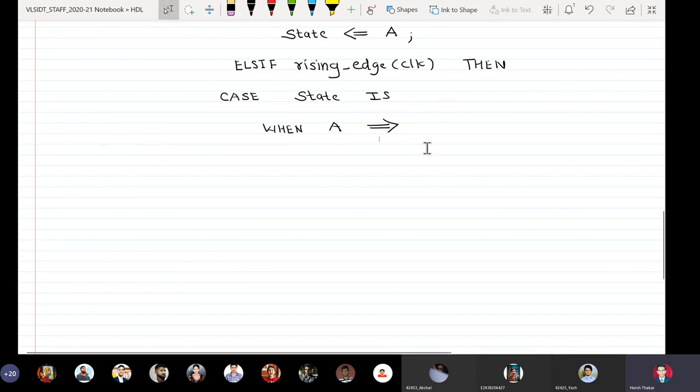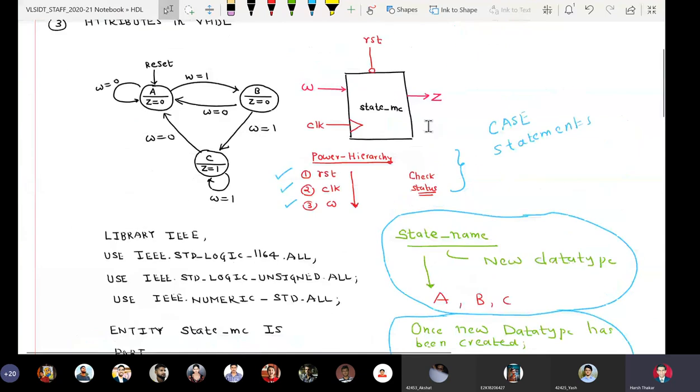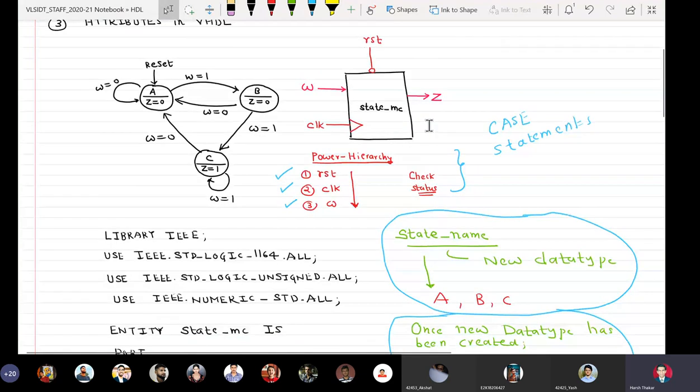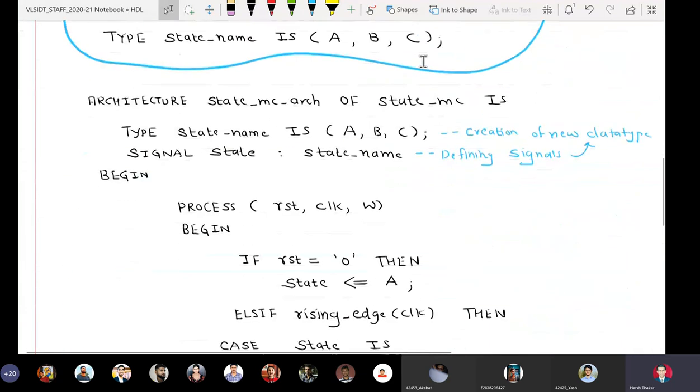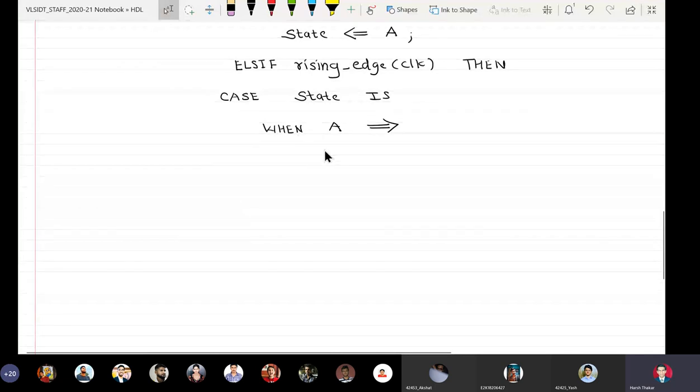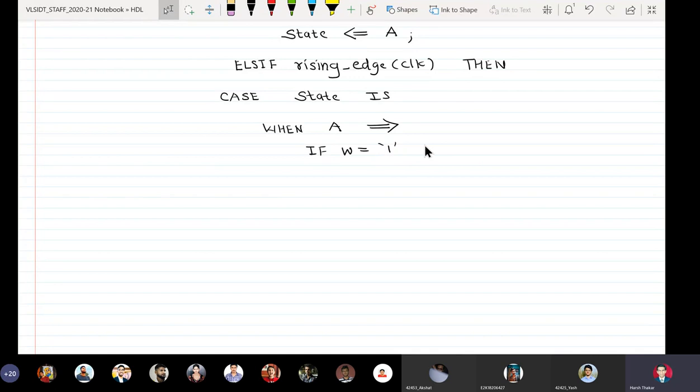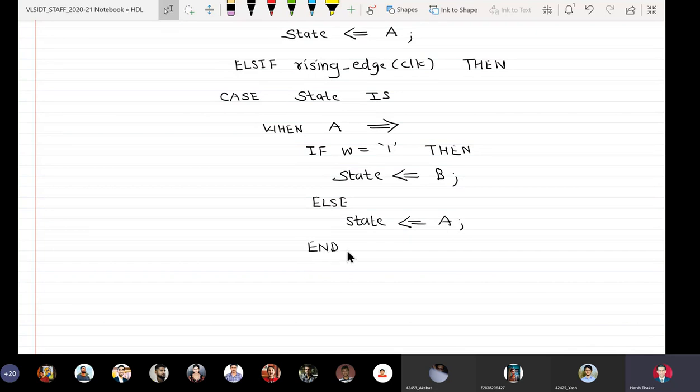In state A, if W equal to 1, go to B. So I will say when A then if input equal to single tick 1, then state gets B, else state gets A, end if.